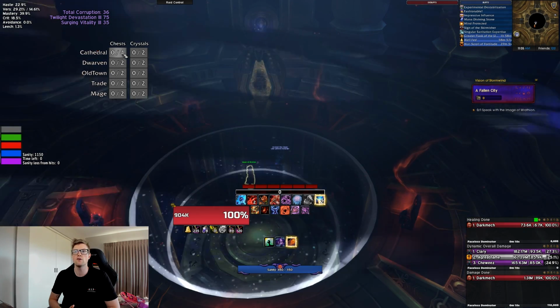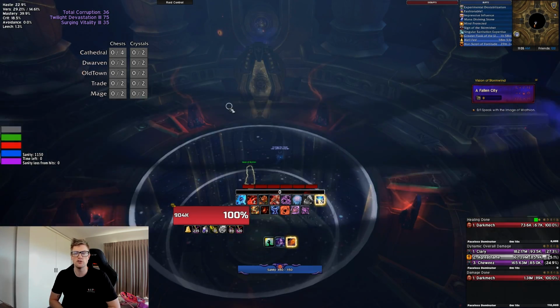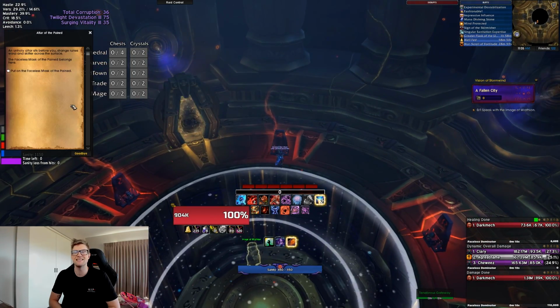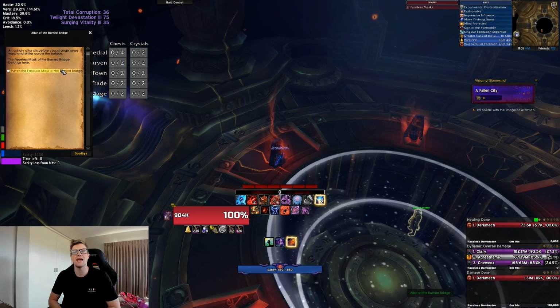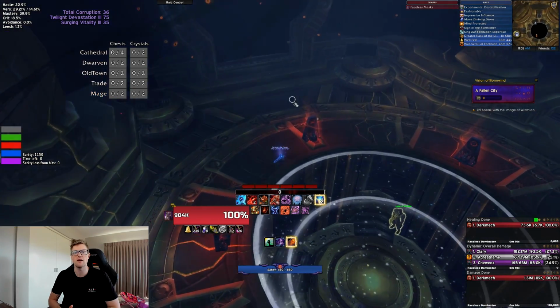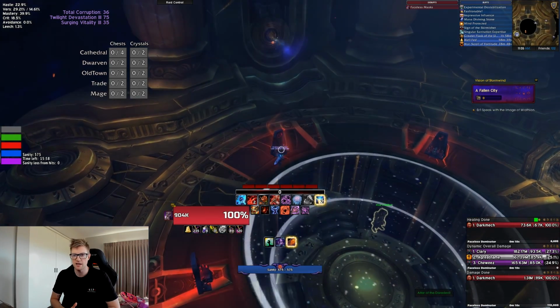You can see these two weak auras I've got off to the left of the screen. 2 crystals in each zone, 2 chests in each zone. The exception to this is the Cathedral, where there are 3 chests that spawn, and your 4th one is when you hand in your crystals and you'll get a 4th chest. Over on the far left there are the black, green, red, blue,